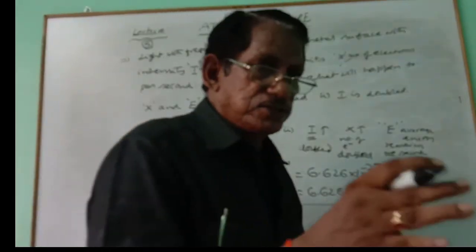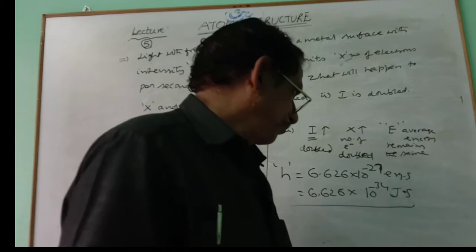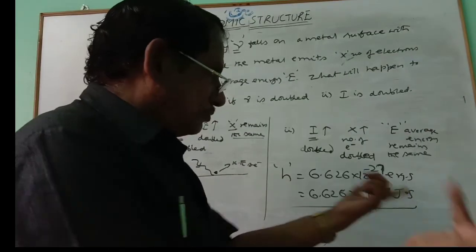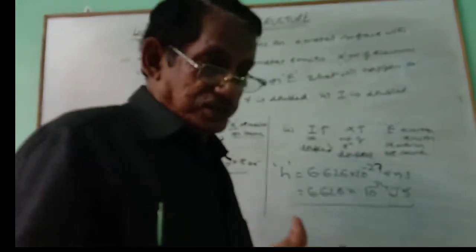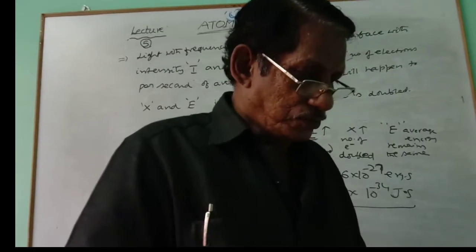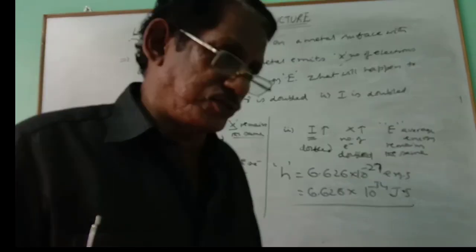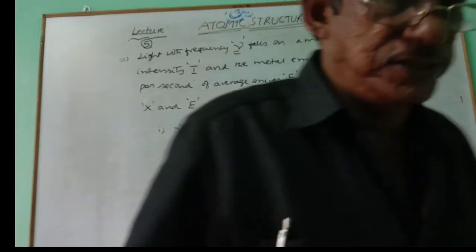When H is substituted in this, you have to always use the MKS system: length in meters, weight in kgs, and time always in seconds. In the CGS system, length is always in centimeters and weight always in grams. Don't forget this when substituting the values; decide which values are to be used. That is the precaution you have to take while doing problems. Lots of problems are there, and for this class, it is sufficient.